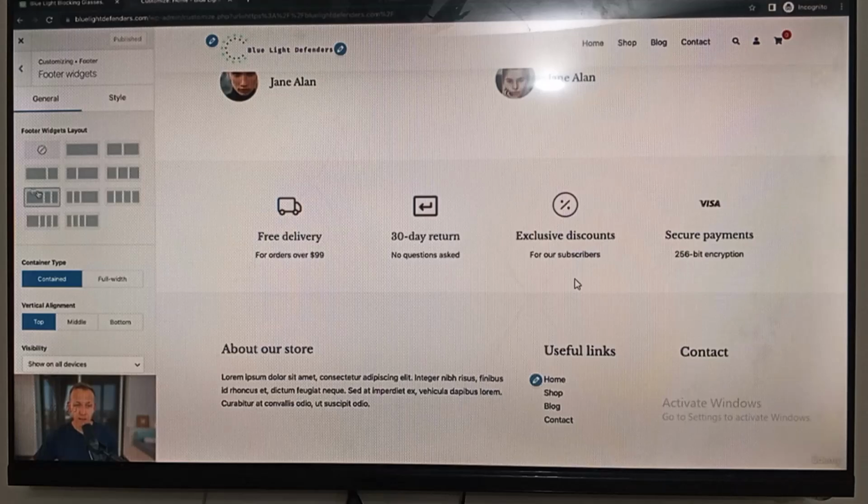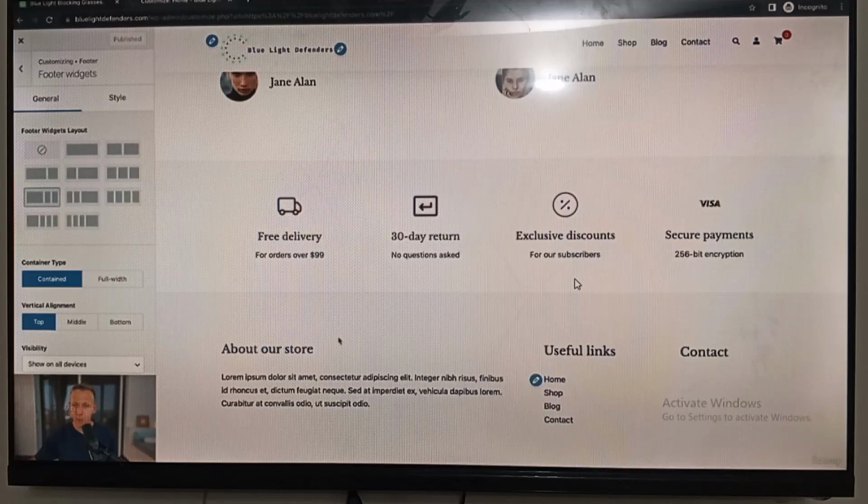We have a large field to the left. We have a smaller bar in the middle and a smaller bar to the right. So this is the bigger bar, if you will. Smaller bar, smaller bar. Now, we don't actually need 3. The setup that I recommend, which has a really good look on almost all websites, is that we keep one